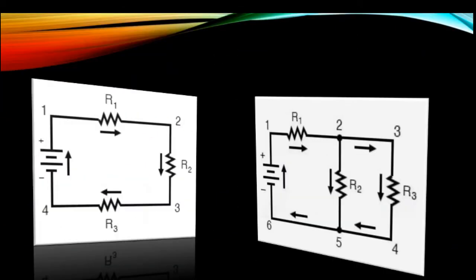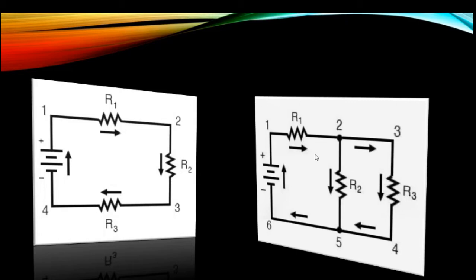Now let us see one more example here. Here, as you can see, I have three resistances R1, R2 and R3. The first terminal of R1 is connected to a voltage source and the second terminal is connected to R2. And for resistance R2, one terminal is connected with R1 and the second terminal is connected to R3. And for R3, one terminal is connected to R2 and the other terminal is connected to the voltage source. So for all the resistances, only one terminal connection is established. This is what a series connection is.